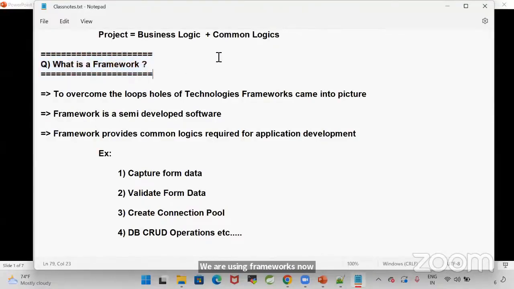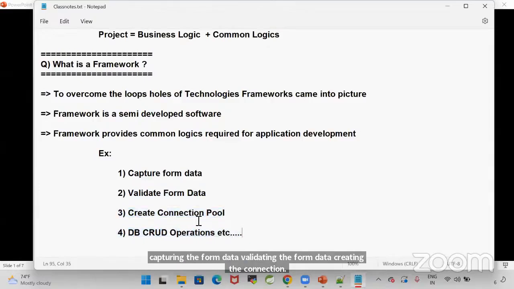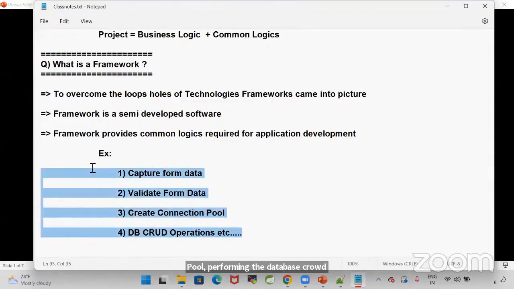What is a framework? A framework is semi-developed software. A framework provides some common logic required for application development: capturing the form data, validating the form data, creating the connection pool, performing the database CRUD operations. These concepts are very common. These are common requirements for every project.